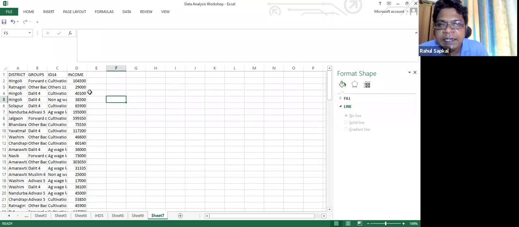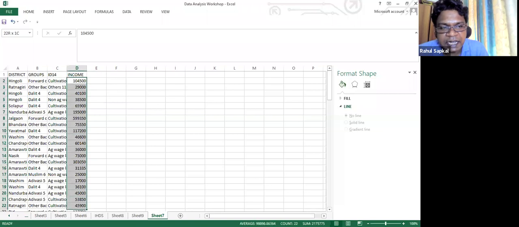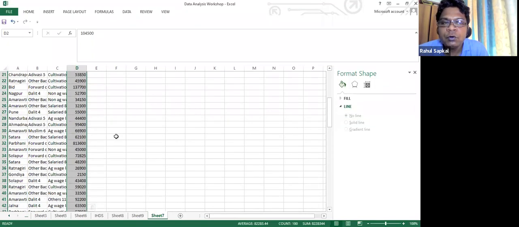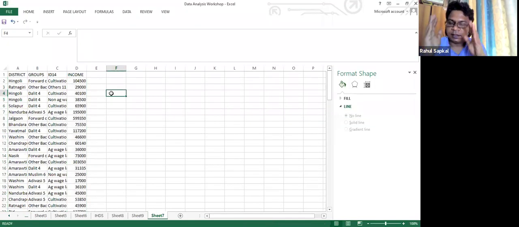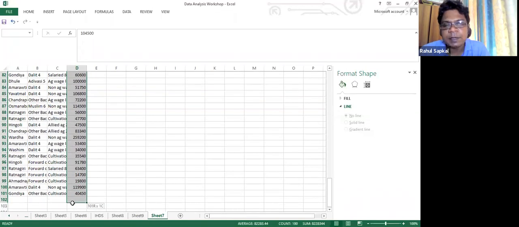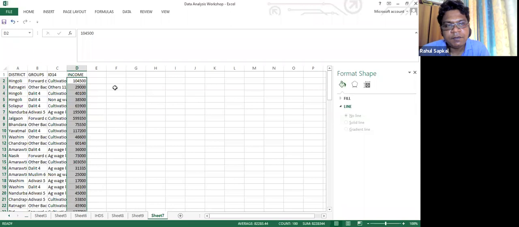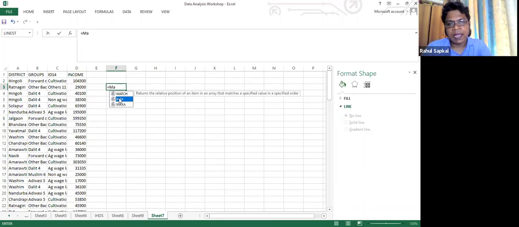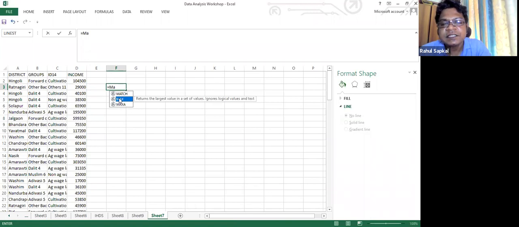So in the class interval, I need to have a continuous variable, which I have. And you remember last class, I told you how to divide the class. You take the highest number, you take the lowest number, and you divide them, and you will come to know how many classes you want. So here in this column, it is very difficult for me to identify what my maximum number and minimum number are. So one way to identify is equal to MAX. Now it will ask me which area you want.